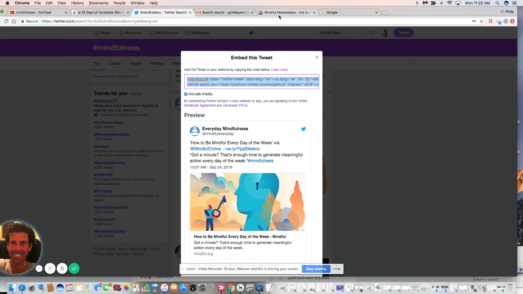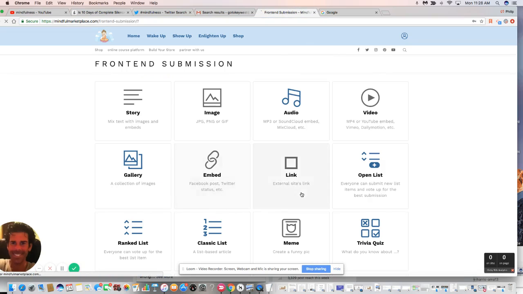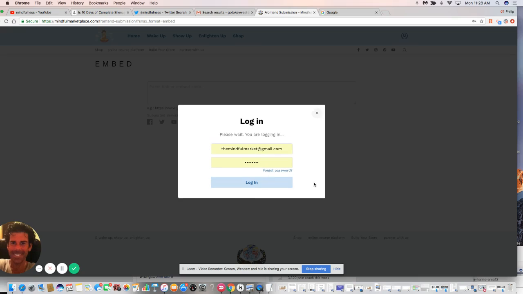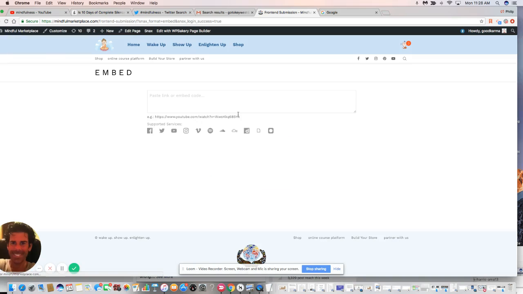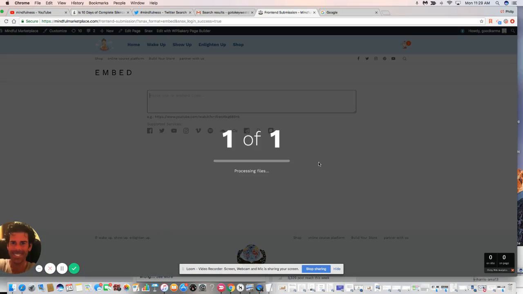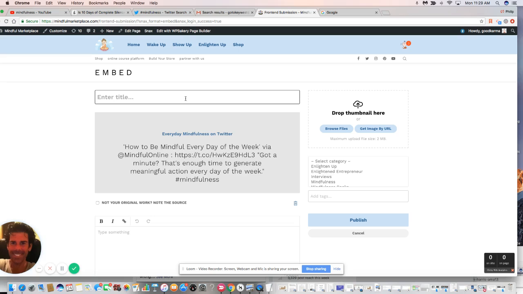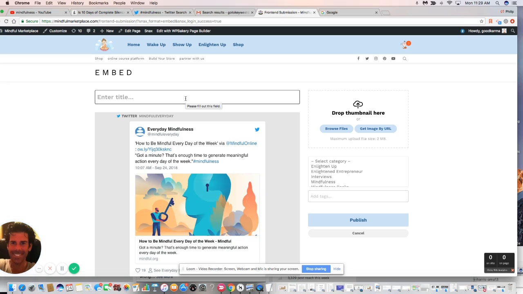I'm just going to copy that. I'm going to go back to here. I'm going to embed that here. I'm going to log in. And this is just using a very simple plugin that allows me to really rapidly curate all sorts of different